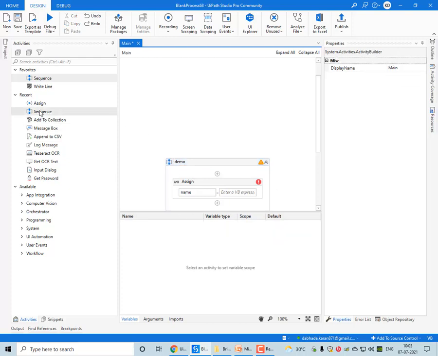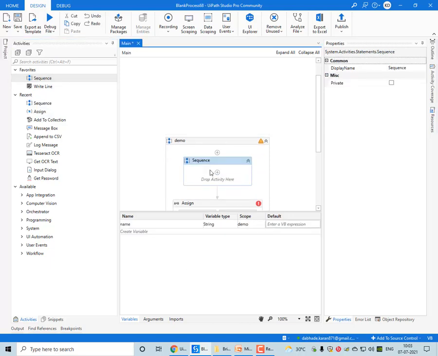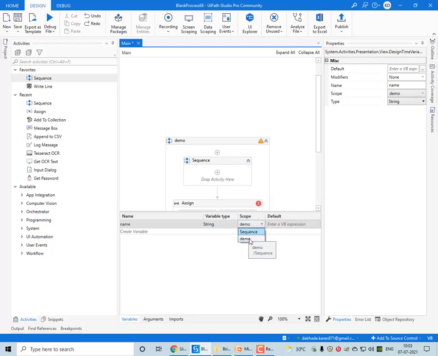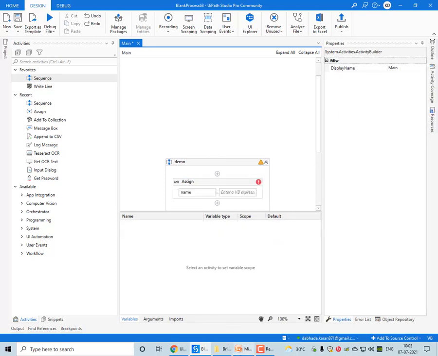If I drag another sequence activity here, its name is sequence. Now you can find there are two scopes available, one is sequence, one is demo. So this variable should be assigned to any one of the sequences. I hope you understand what scope is now.